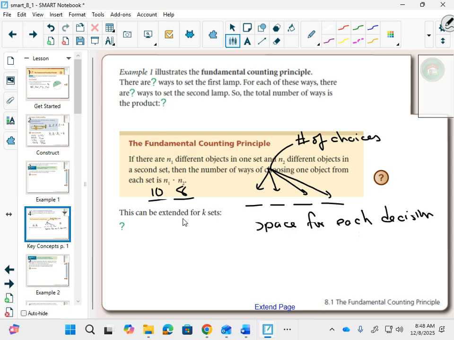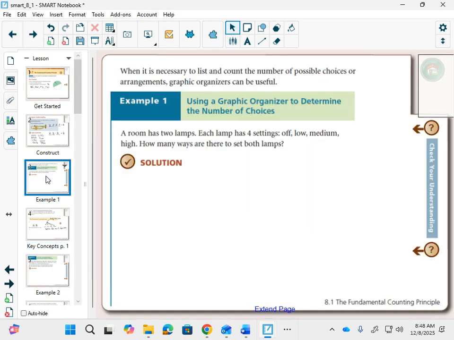But sometimes when they write something out, this gets a little bit confusing. But if we break it down to something simple, we're going to draw a space for each decision we need to make, put the number of choices in each of those spaces, and then we can figure it out. So if we go back to the first example here,